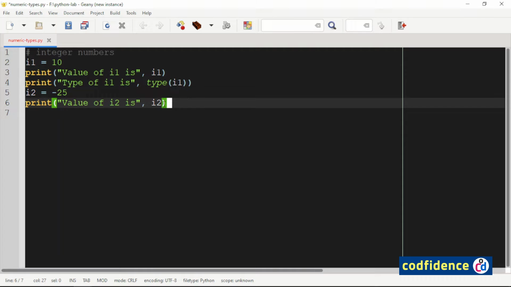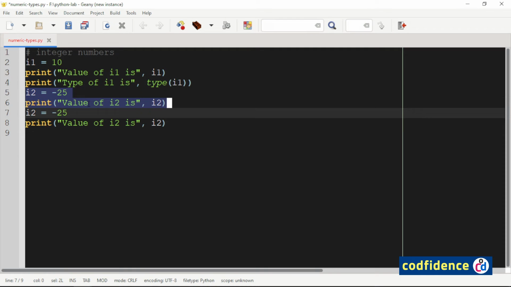Now we can copy paste these two lines using a single shortcut. For that, select parts of both the statements and press the shortcut Ctrl D, which will create a duplicate copy of the selected lines just below the lines.